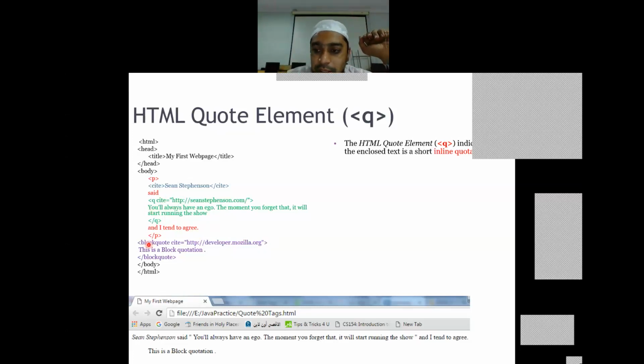The other was blockquote, which gives whatever message we have in a separate block, with some indentation on the left and a gap from the passage above and below. So these details we have seen earlier. Now let us move further ahead.